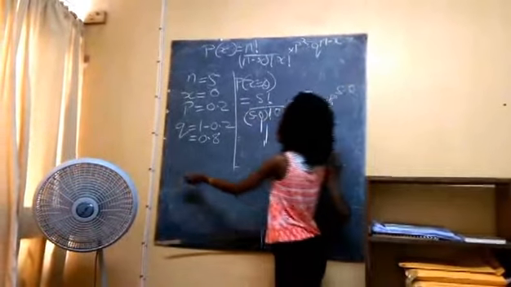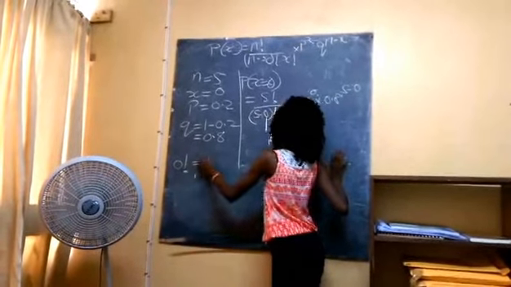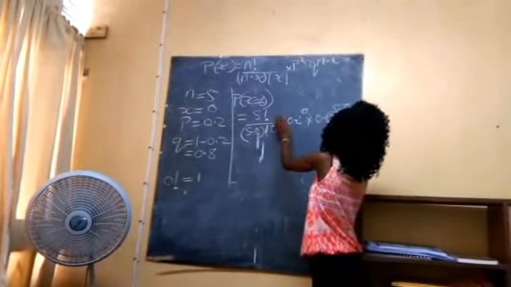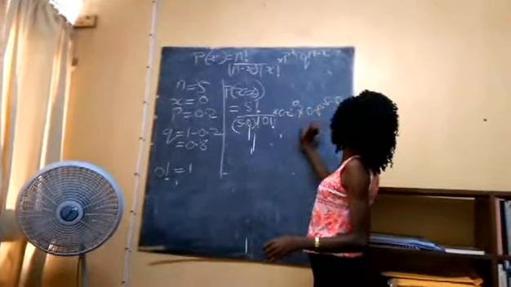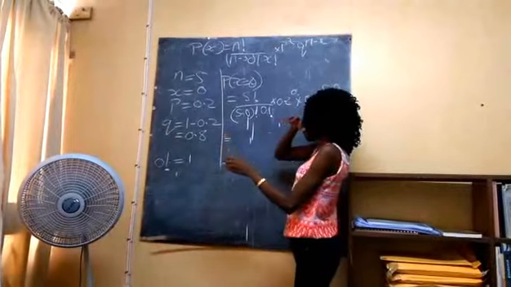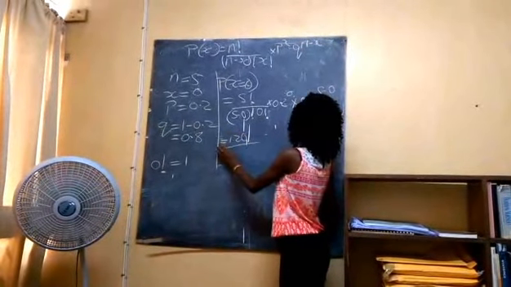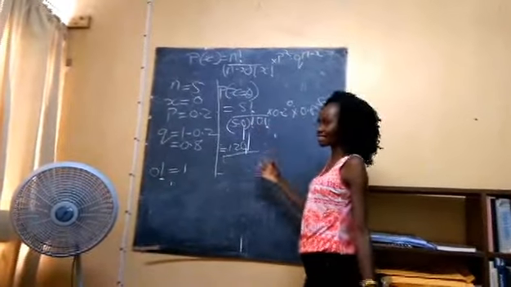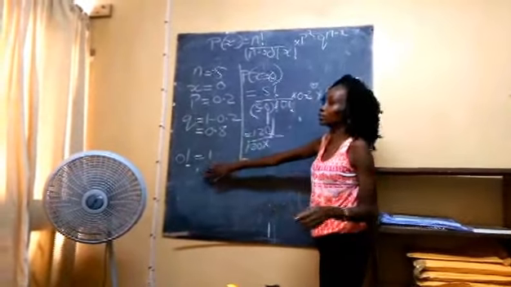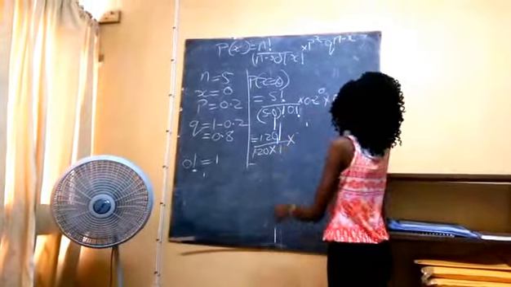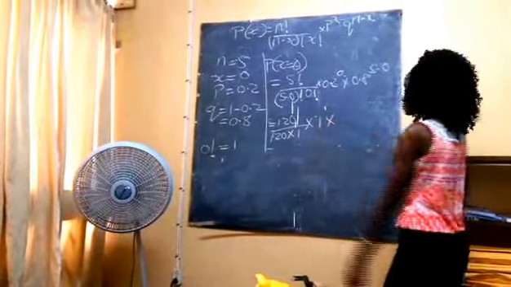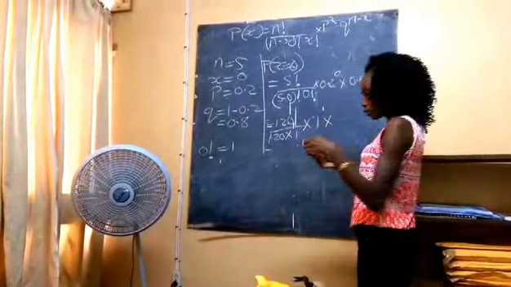Now there's something special about 0 factorial. It is always equal to 1. So if you see 0 factorial, that is equal to 1. Times 0.2 to the 0 power times 0.8 to the power of 5 minus 0. So 5 factorial is still equal to 120 divided by 5 minus 0, that's the same thing as 5 factorial. So we also have 120 times 0 factorial, which we just said is equal to 1, times 0.2 to the 0 power. Now anything raised to the 0 power is equal to 1, times 0.8 to the 5th power, which is